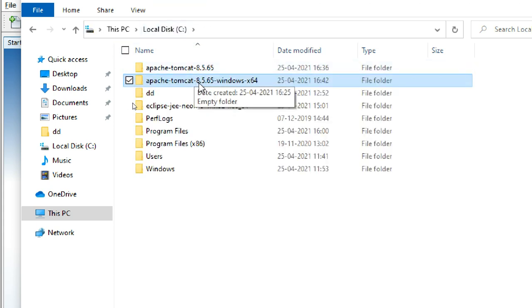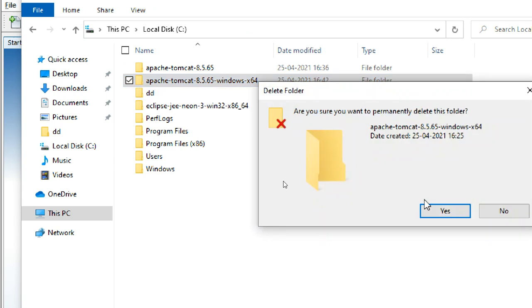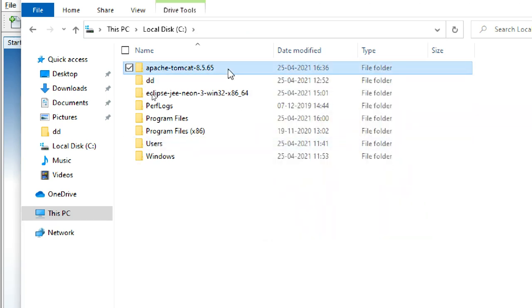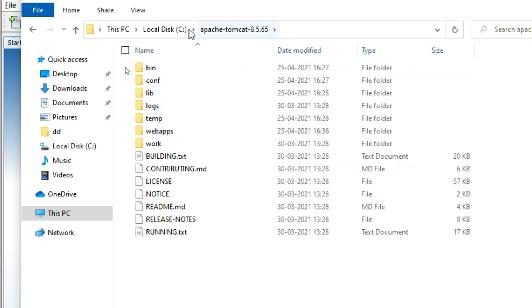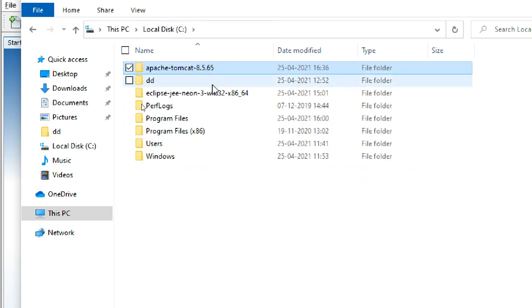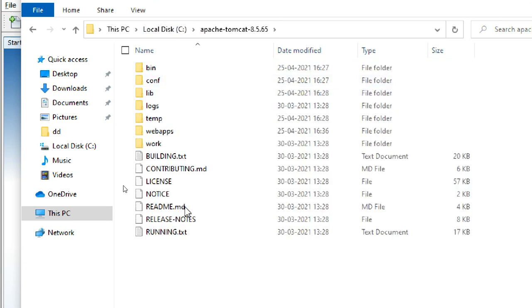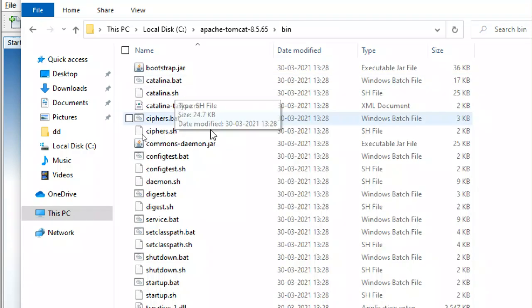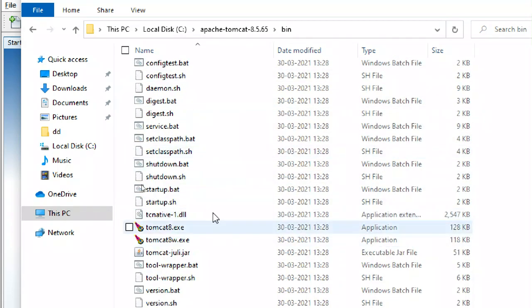It's a very big name, and big names always give problems. So this is a smaller name, and this is the bin folder, where you will get startup and so on.